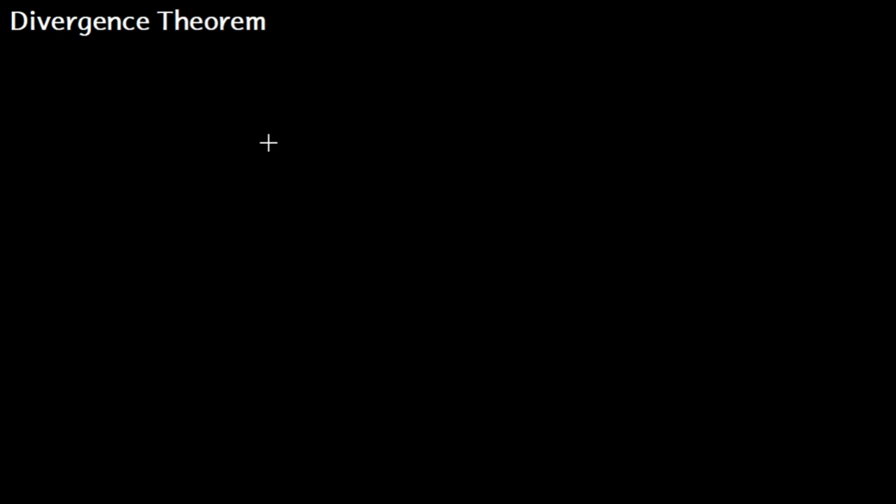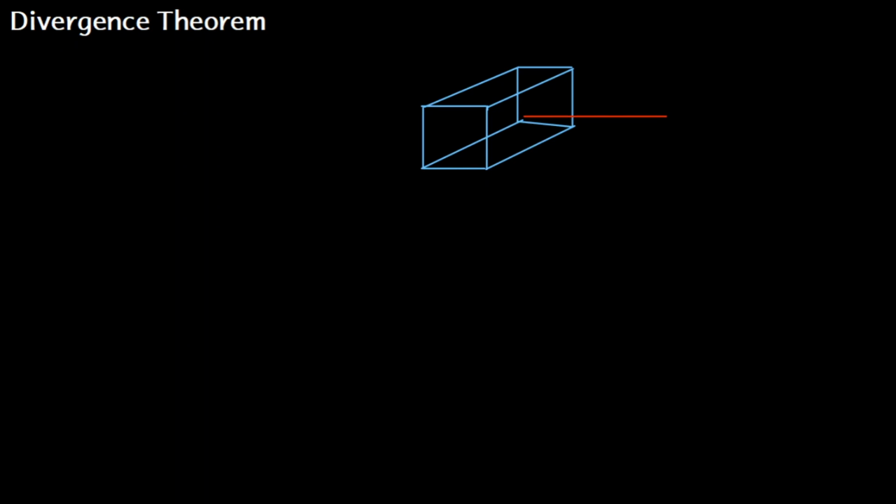Today's topic of discussion is the divergence theorem. The divergence theorem basically states that the electric flux leaving a small volume will be equal to the volume charge density of that small volume. In the sense, if I consider a small volume, let it be a small cuboid, then